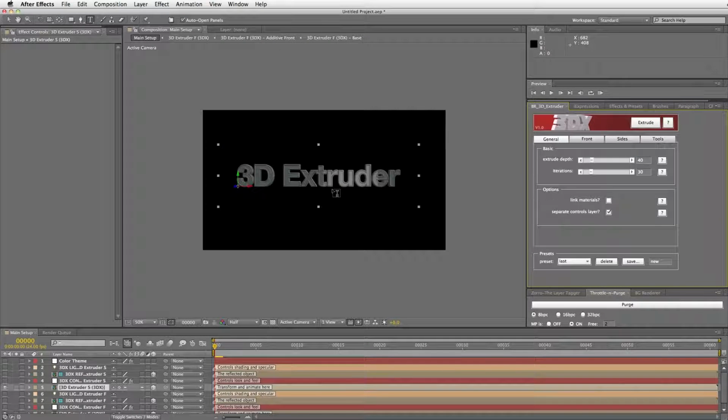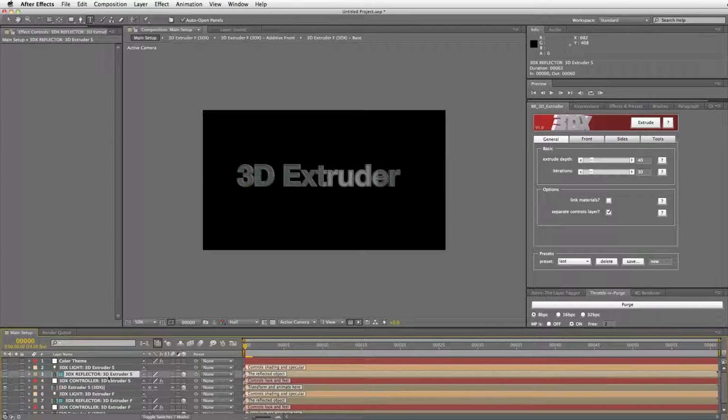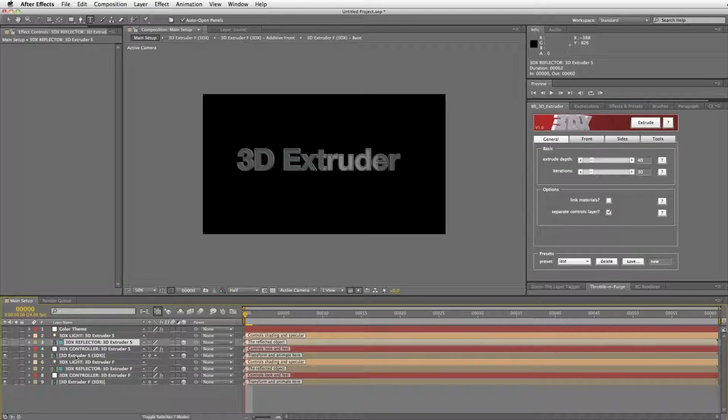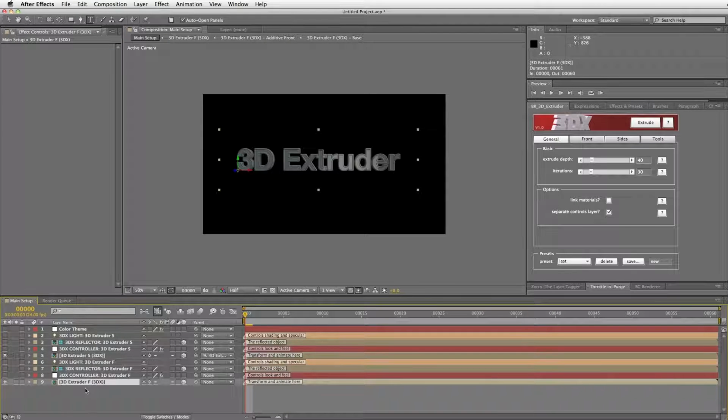So that's the reflection card, which if you want to animate and move around, you can do so here in the reflected object layer, which is clearly labeled for you. But what we're going to do is keep things as simple as possible. So we're just going to leave everything at its default, and I'm going to parent the stroke to the fill. So I'm just going to grab the parent twirly and link it over here to the fill. So now